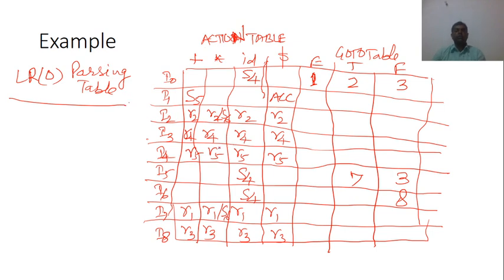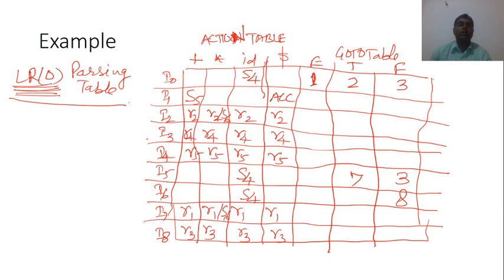Now you can see in this parsing table I am getting multiple entries here. That is known as shift reduce conflict. Here also I am getting shift reduce conflict. If I am getting any conflict like shift reduce or reduce reduce, then we will say that the given grammar is not LR0 grammar. But generally when I am getting shift reduce conflict in the parsing table, in that case we always give the priority to the shift. In this way I can handle the shift reduce conflict.